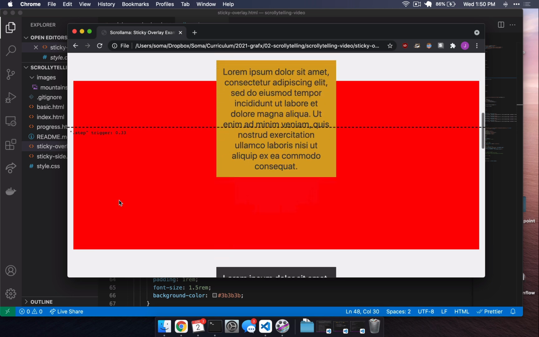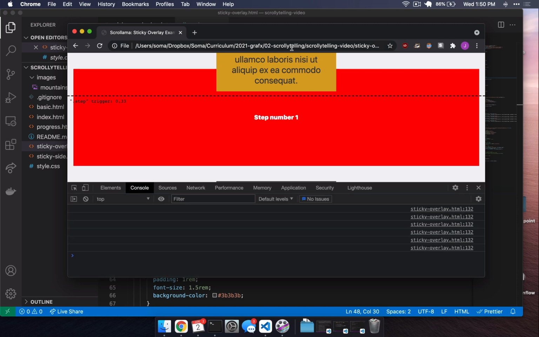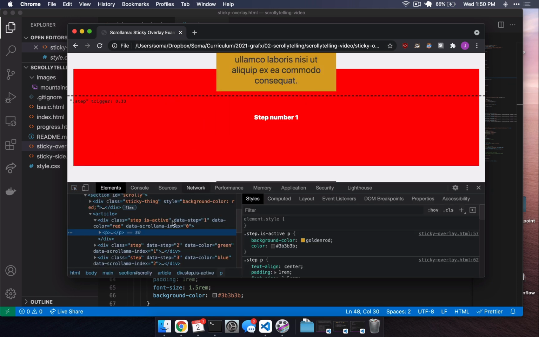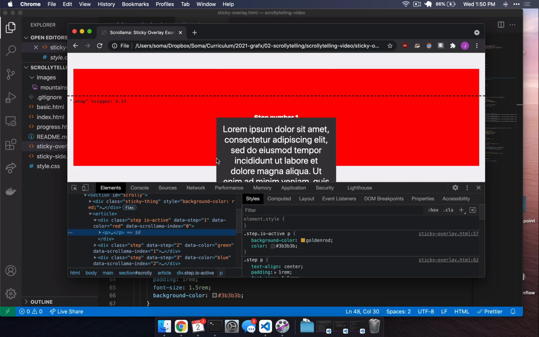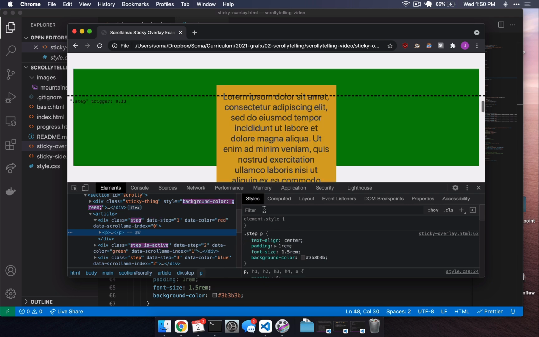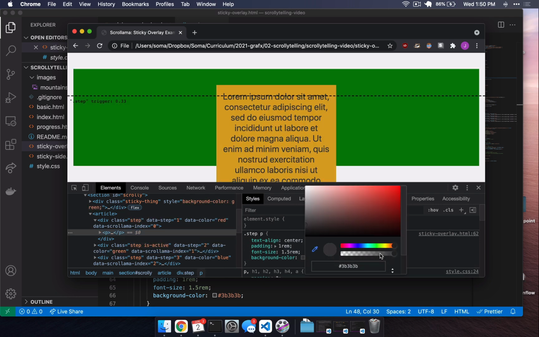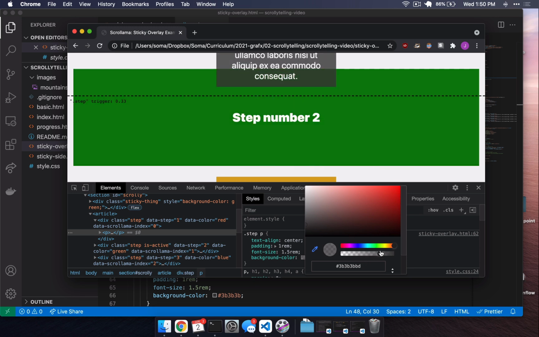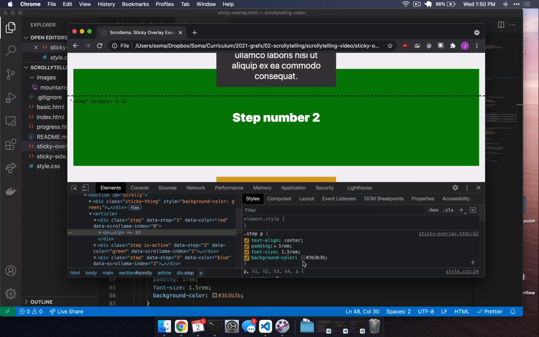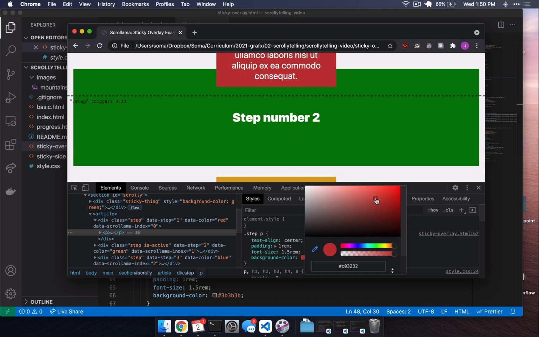Another thing we might want to do is we have these backgrounds here. And these backgrounds don't look great. This color is a little bit, like we can't see through it, right? We want to be able to see maybe a little bit of the red, a little bit of a blur there. The way you change this is if you go over here, you can see this changes the opacity of the background. Now, the thing you're going to want to do is you're going to click this little box here. You're going to adjust your colors, adjust your opacity slider, and when you get to something that you like,